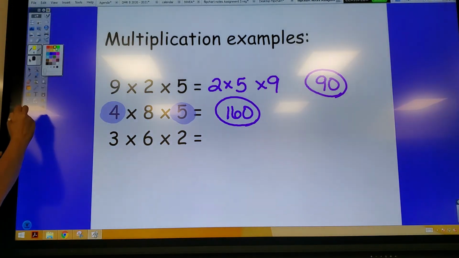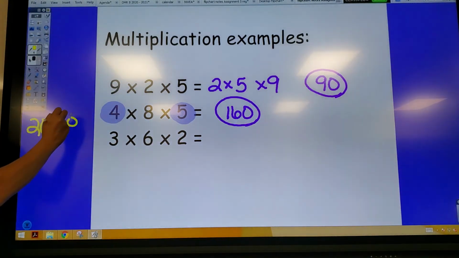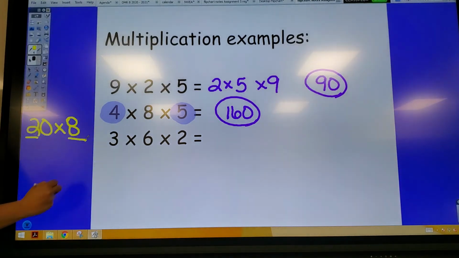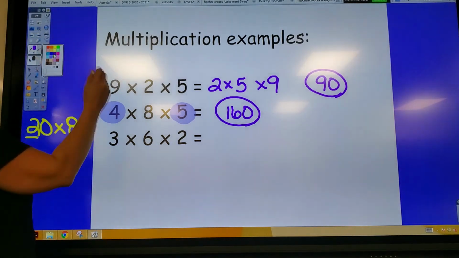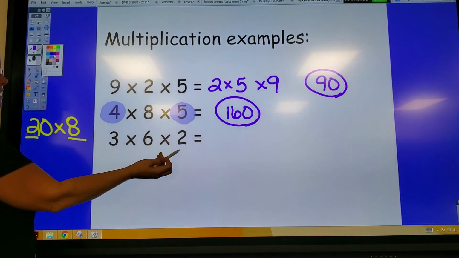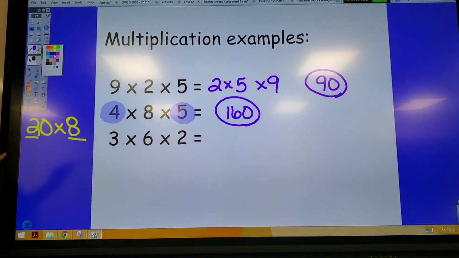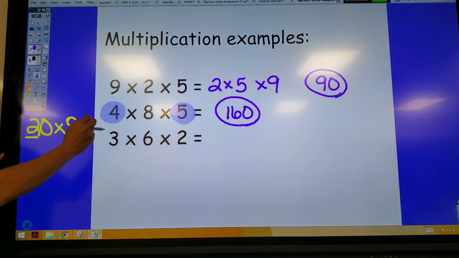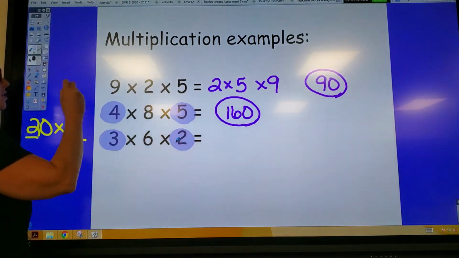I would do 8 times 5 first. So we all hopefully know that 20 times 8, you just do your 2 times 8, add on your 0, correct? All right, and this last one, it doesn't really look that bad. 3 times 6 is 18, and 18 times 2. But sometimes people make silly mistakes when they're doing 18 times 2. So it might be easier, and you might make fewer mistakes if you go ahead and do 3 times 2